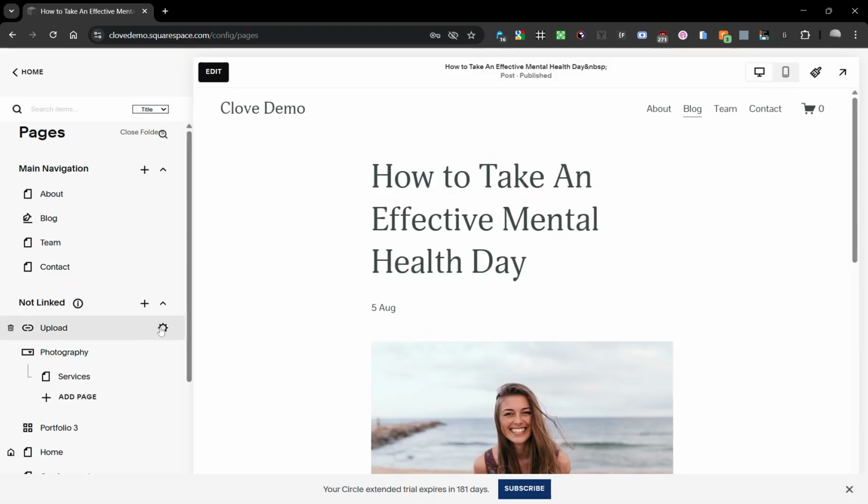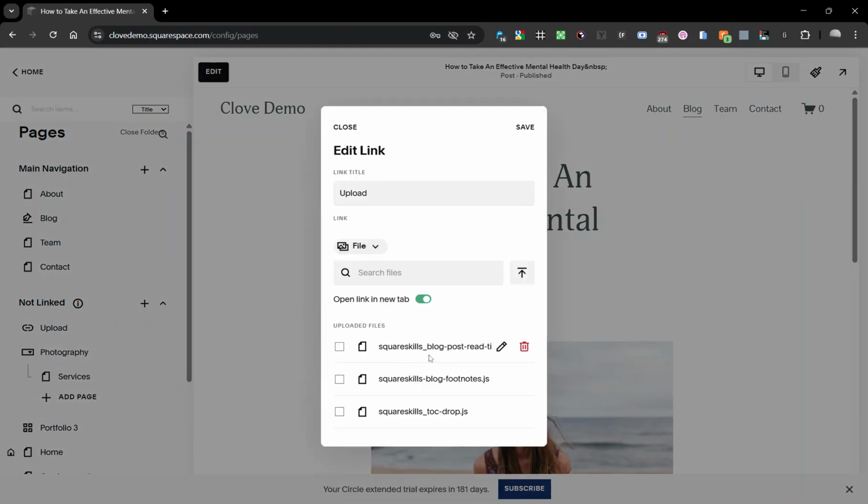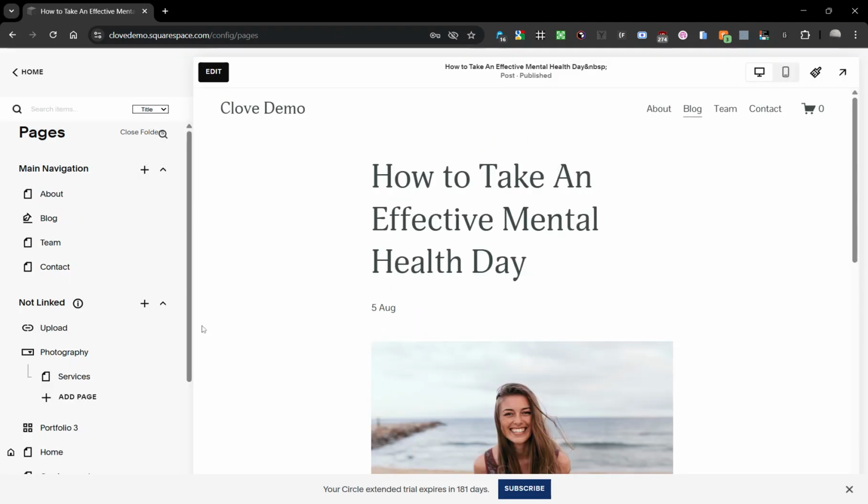Sorry, double clicked out. It is this file here. It's called Squareskills blog post readtime.js. If it's showing up like that, you're good to go. You can save. You can actually just close it, and it's fine. From here, nothing's happening, even if I refresh the page, and that's because we need to go to the next